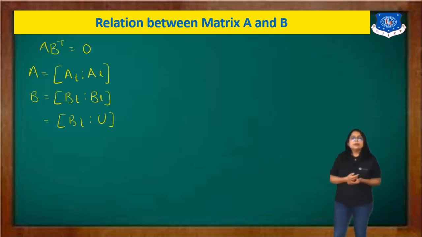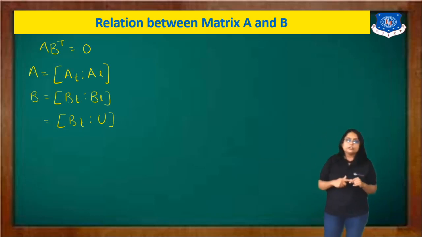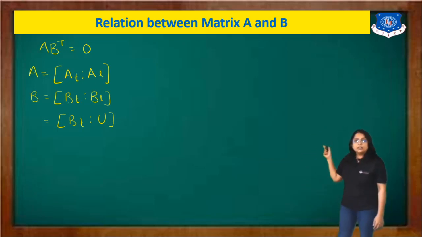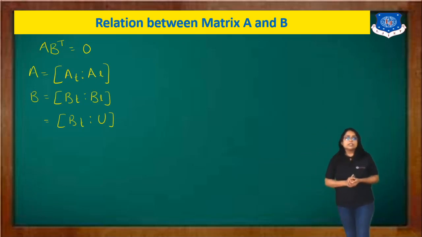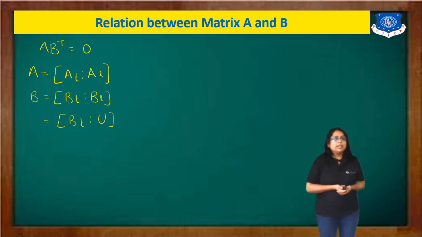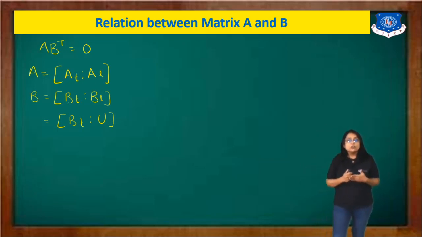So here are the matrices A and B. If we want to find out the relation, then we will use the orthogonal relation between matrix A and B. That is A into B transpose equal to 0. Now A is AT and AL, any matrix that is formed with the twigs and links. Matrix B is also BT and BL. And we know that in a tie-set matrix, our BL matrix is always a unit matrix. If we say cut-set matrix, then our QT, the twig matrix, is a unit matrix.